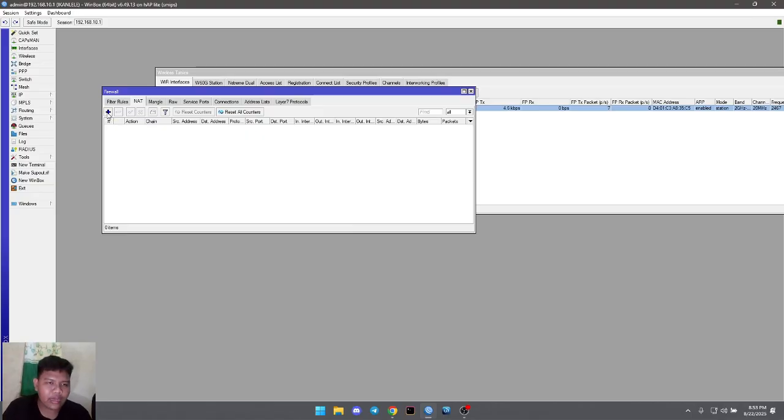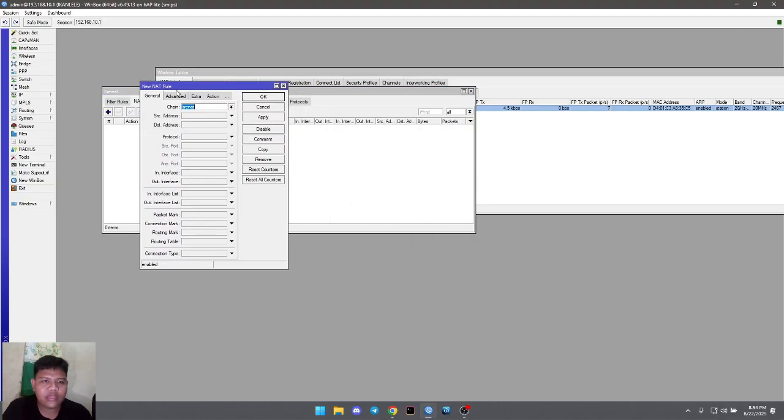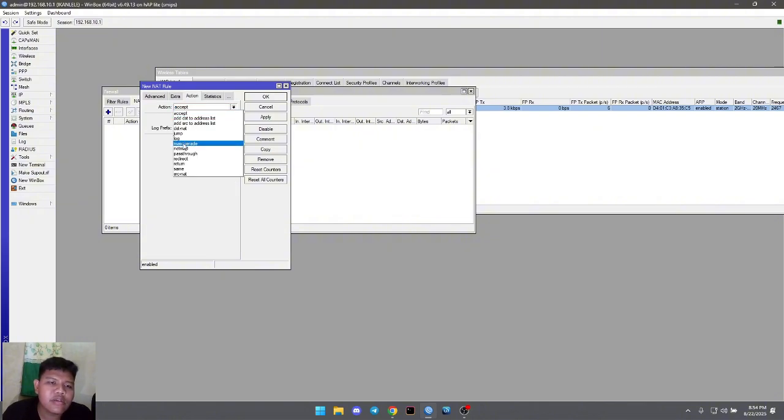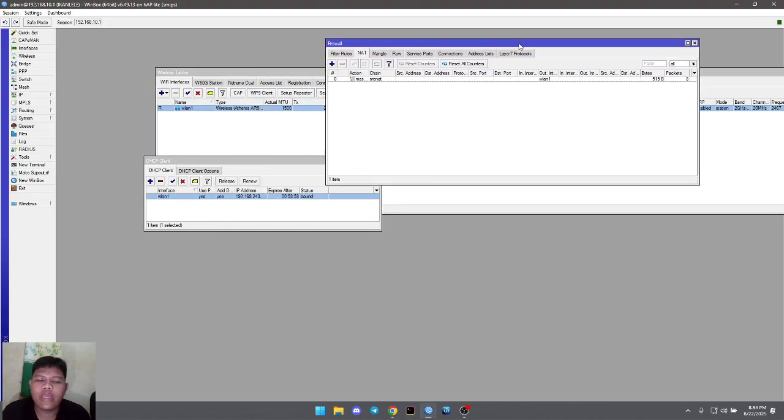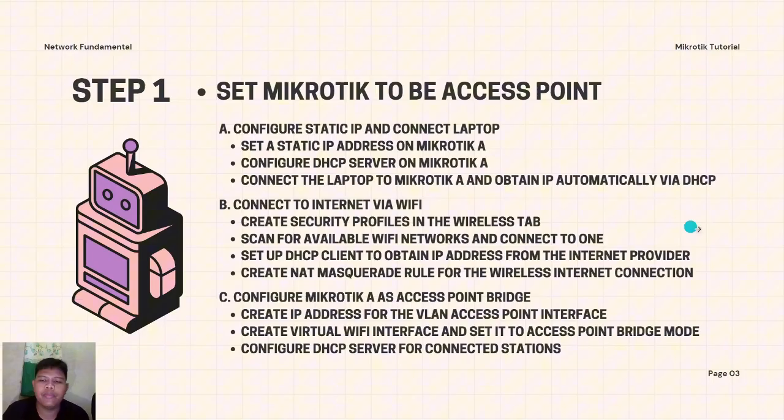Then you can add, the chain is srcnat. This means source NAT, and then the out interface is wlan1 and then the action is masquerade. Apply and then okay. We finish step B.